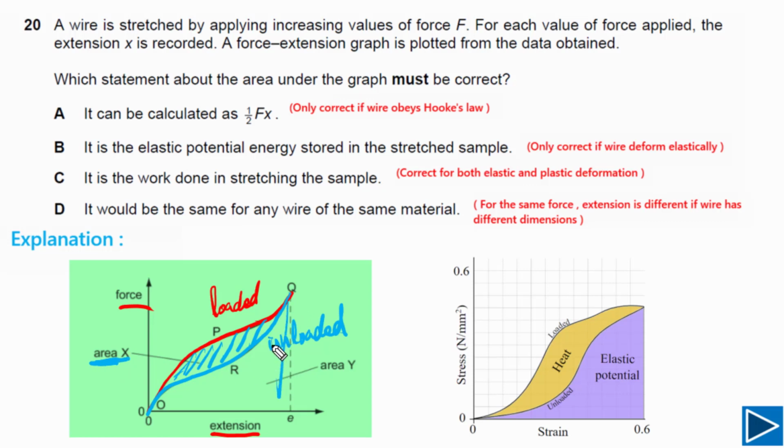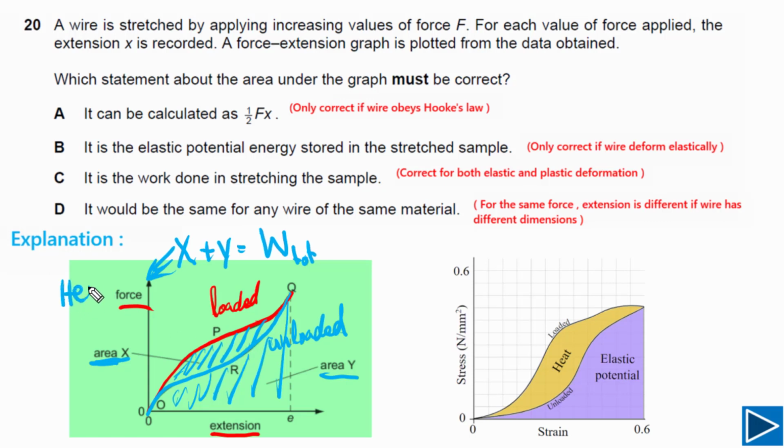And the area under the unloaded curve is equal to Y. Now the sum of these two areas, area X plus area Y, is equal to the total work done in stretching this sample or this wire or this spring. So that is equal to the total work. But X, the area between these two curves,